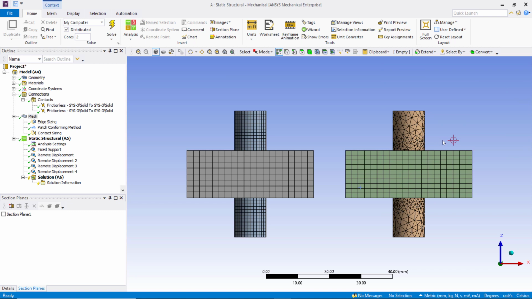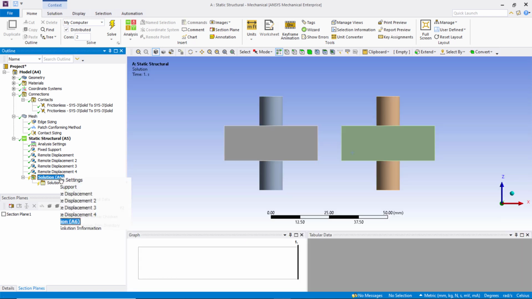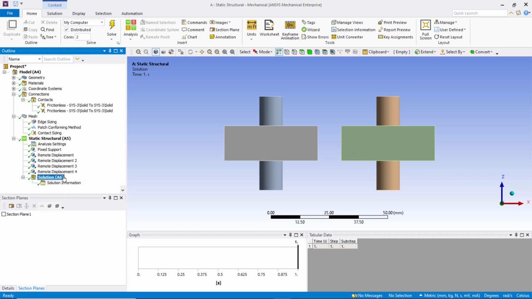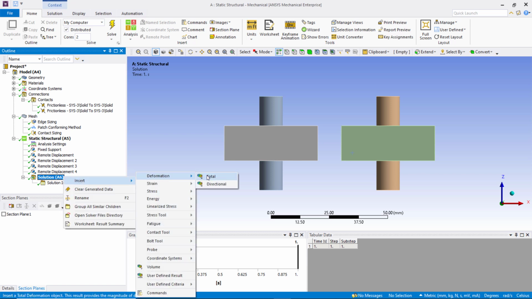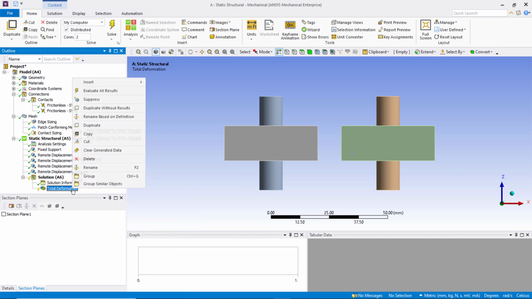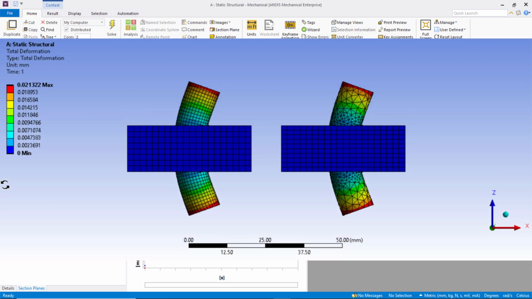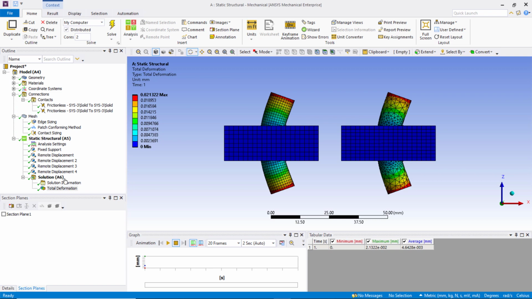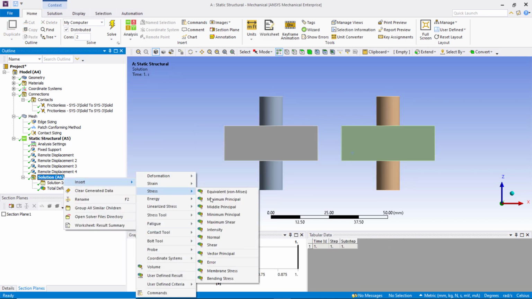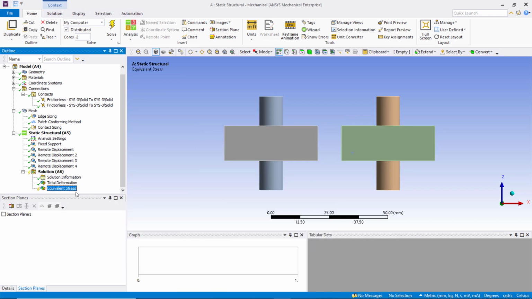Let's solve this model and compare the results for the two assemblies. Right-click on Solution and click on Solve. When we look at the total deformation, we see that the contours on the two assemblies are very similar. If we look at the equivalent stresses on the two pins, we again see very similar contours.